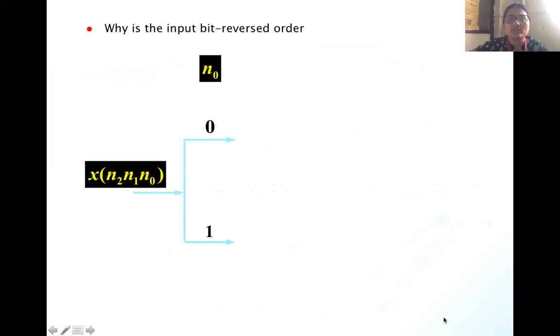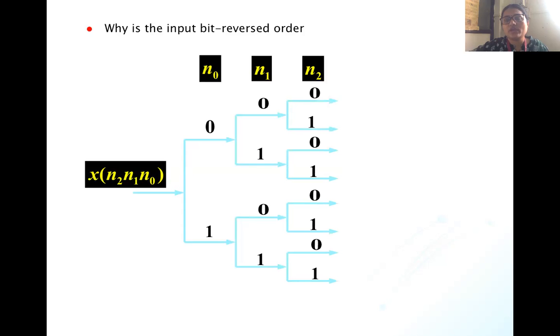So we'll see what that bit reversal is. Here we have considered an 8-point DFT. As I'm considering an 8-point DFT, I have a formula: N is equal to 2 raised to L. So this is now 2 raised to L. I have 8 points, so 2 raised to 3. So to get the output of the 8-point DFT, I have to follow 3 stages. I have to go through 3 stages.